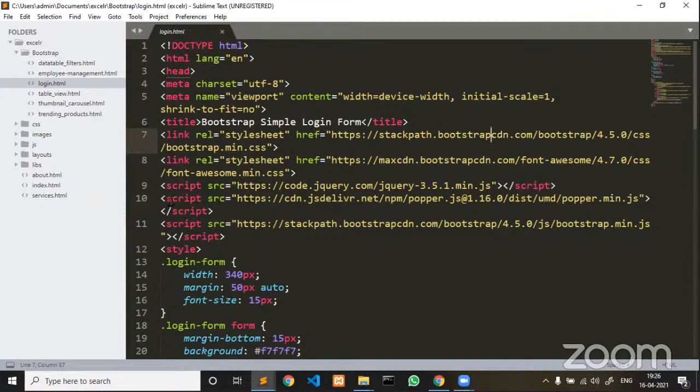Similarly, someone asked in the last session how to use icons. On the internet, Font Awesome is one such library. It has a bunch of predefined icons, and it is also open source.